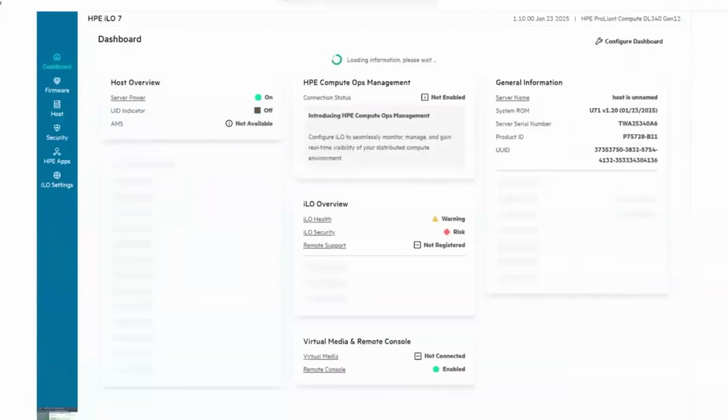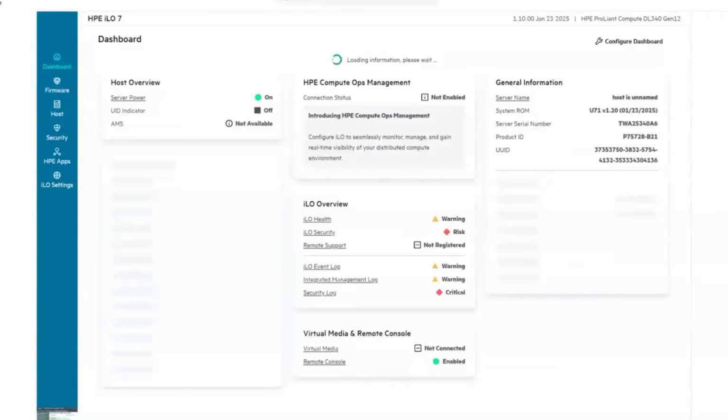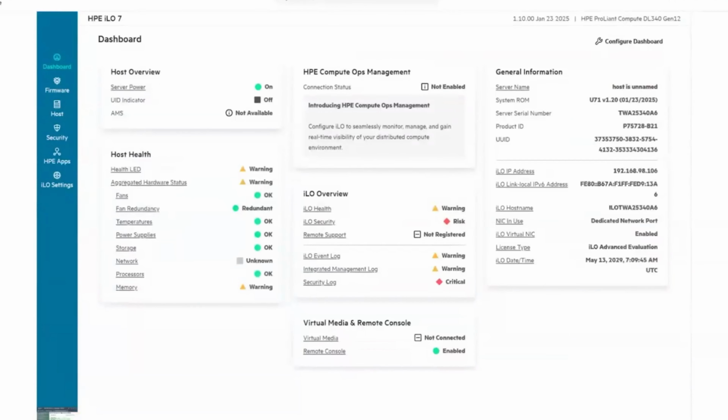So here we go. As I logged in, you can easily analyze the first and most important thing: the user interface is really organized. On the left pane, you can see the dashboard, firmware, host, security, HP logs, and iLO settings, properly structured, categorized, and summarized.